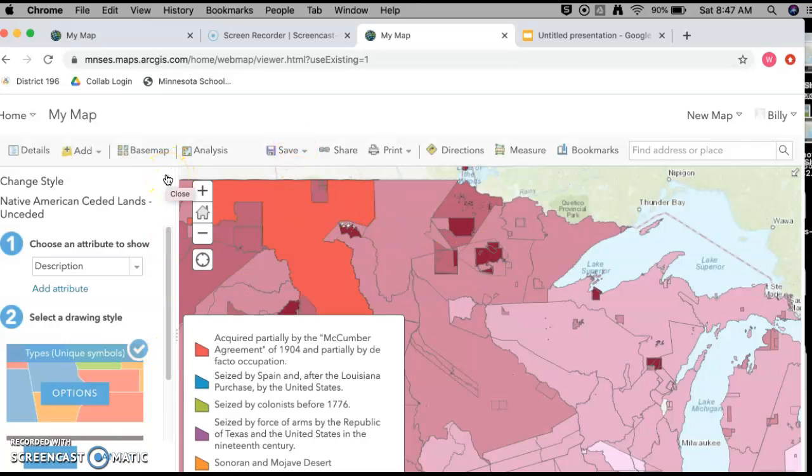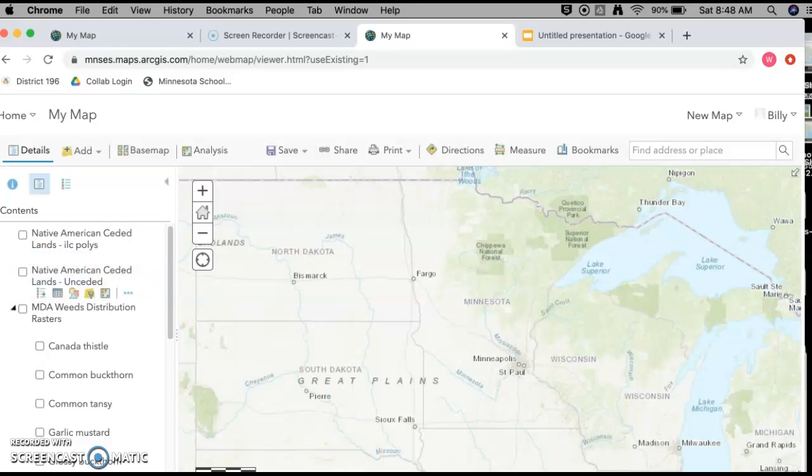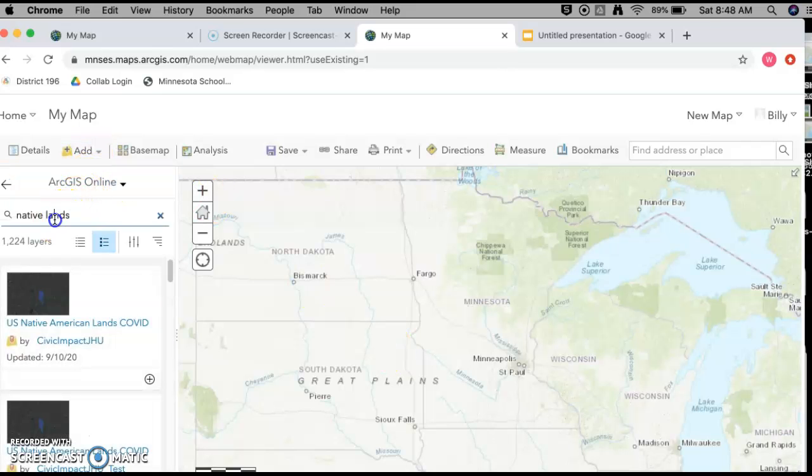The other thing I wanted to talk to you guys about today, and the last thing, is how to use different keywords. For instance, a student talked to me about how all those MDA maps, the Minnesota Department of Agriculture maps, are only about invasive plants. What if I have an invasive animal? Well, that's something you could probably search up. So if I search for layers and look for something like a zebra mussel,